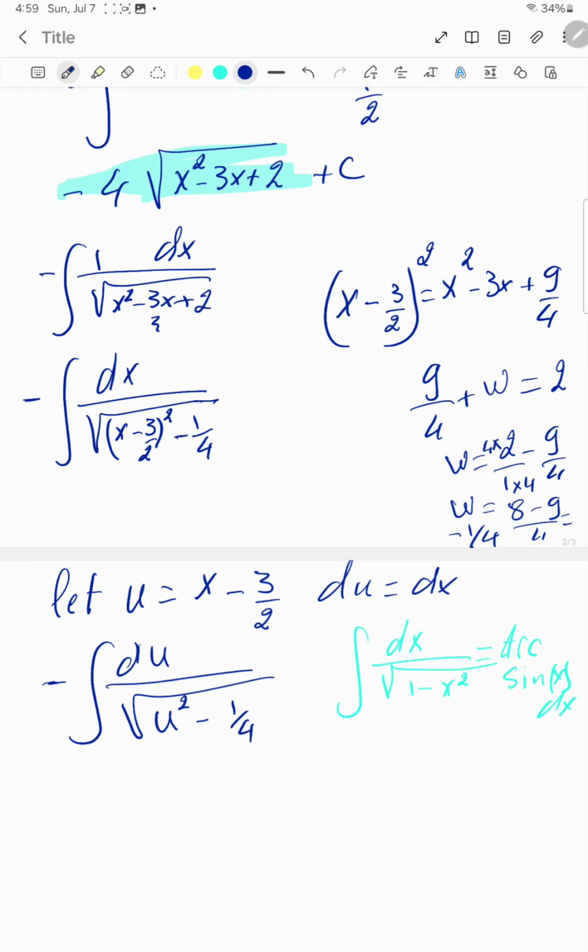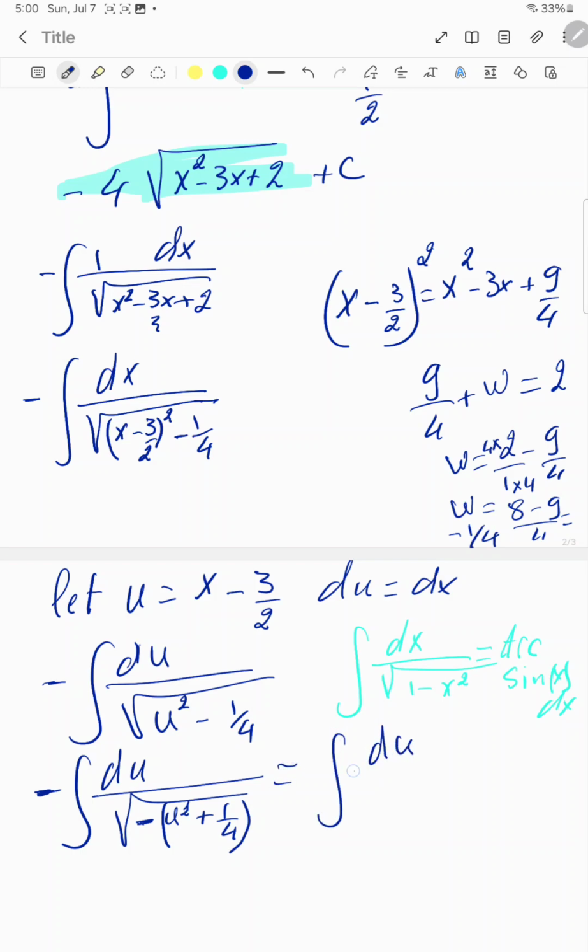So the first thing that I want is minus x squared, so in my case, minus u squared. So I'm going to factor out a minus. So I have minus du divided by the square root of minus u squared plus 1/4. And then the minus, I can take it outside my square root, and then I have the minus here. Minus divided by minus is equal to plus. So it becomes the integral of du divided by the square root of